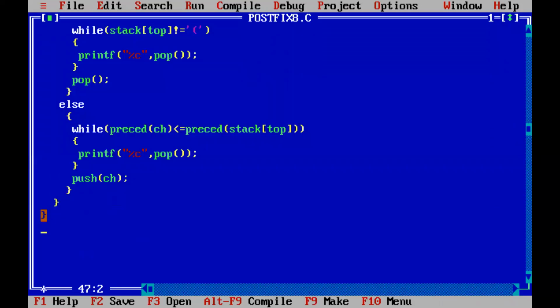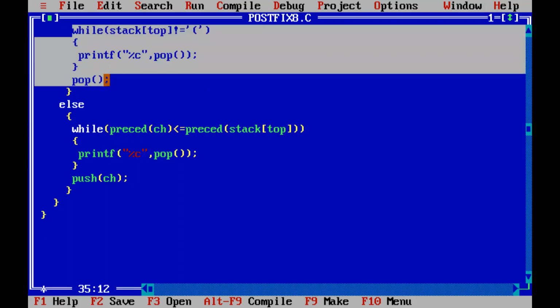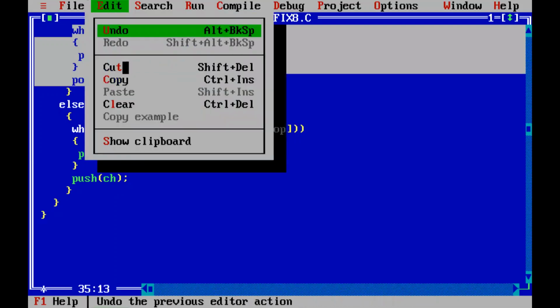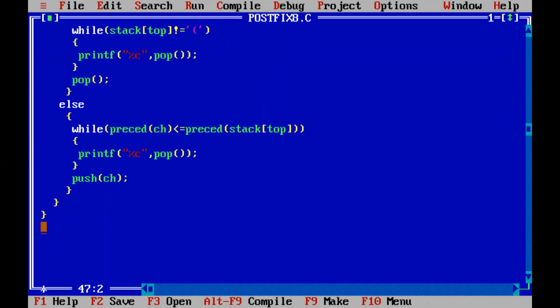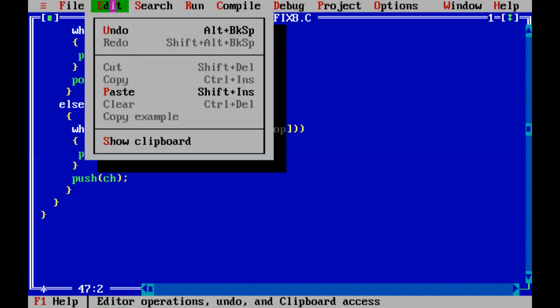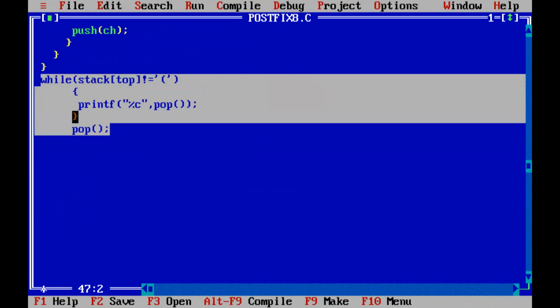So when you come out of the for loop, one problem is there. You know that we have pushed one more left parenthesis into the stack in order to pop out that left parenthesis. These two left and right parentheses are within the expression if you have some left and right parentheses. So when you come out of the for loop, you will again be left with one more left parenthesis which we inserted at the beginning. So in order to pop out any operator which is on the top of the stack before the left parenthesis, we will do one more check after coming out of the for loop.